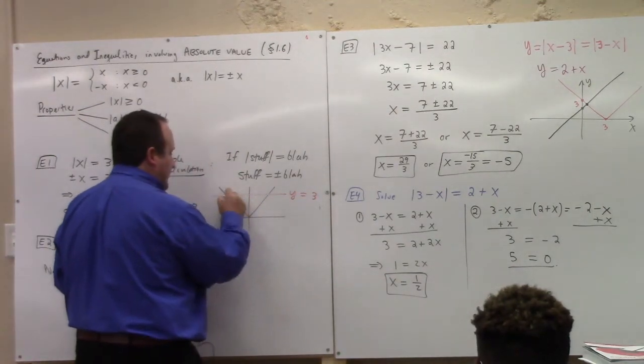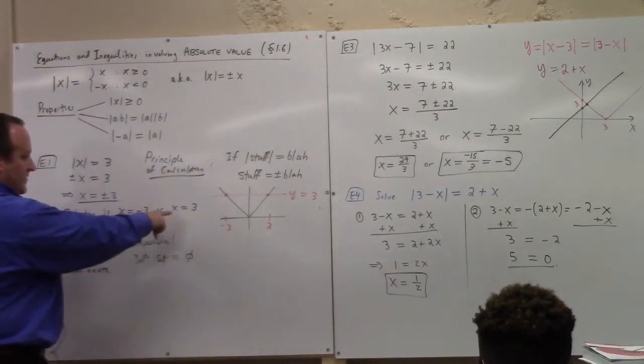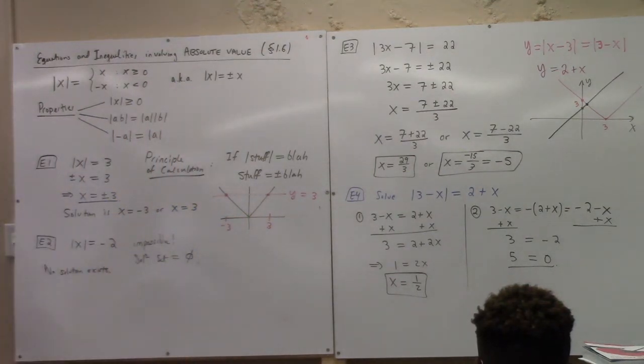So there's 2 points of intersection, 3 and minus 3. That's why we found plus or minus 3 there. There were 2 points of intersection if you want to take a graphical perspective. All right. Now,